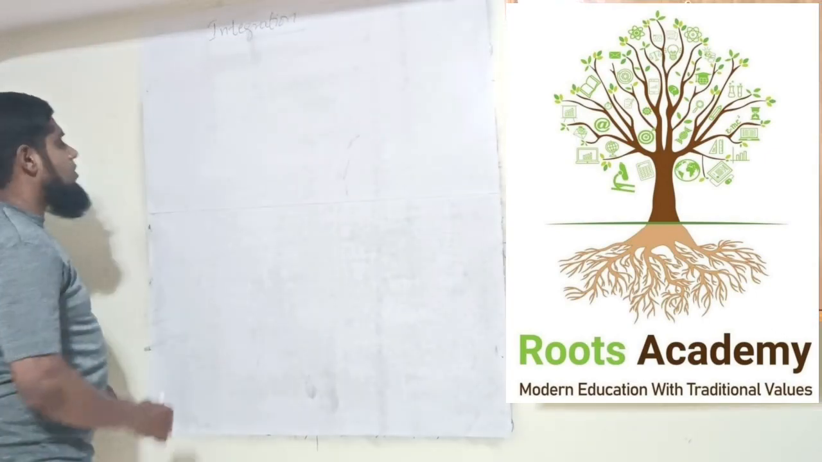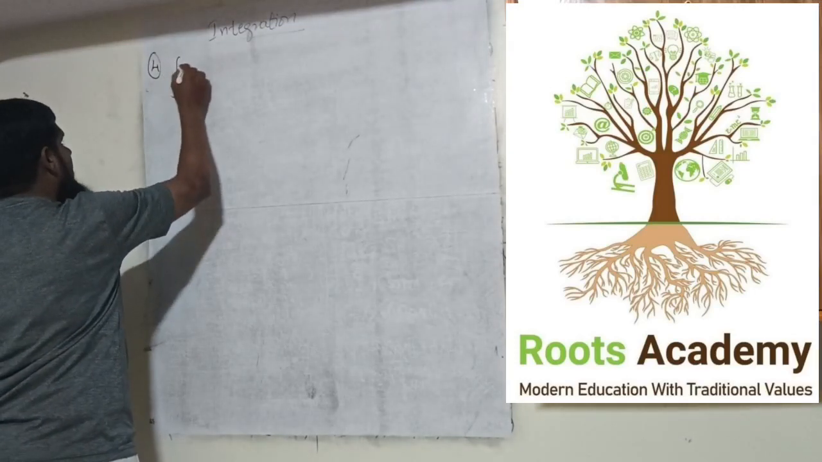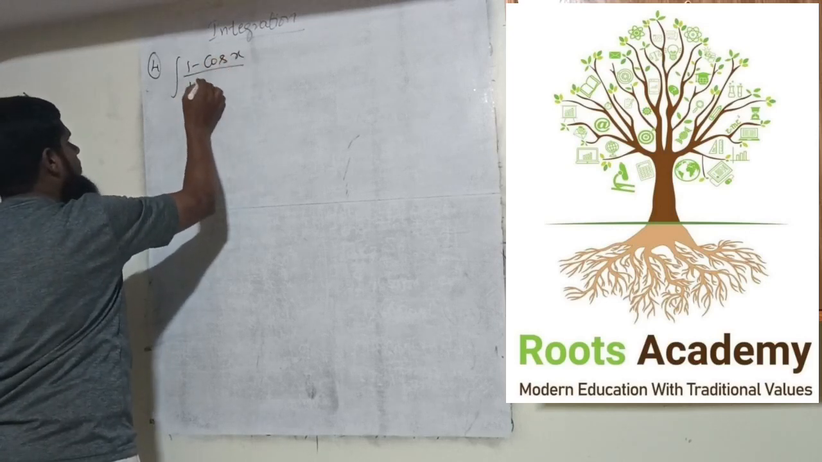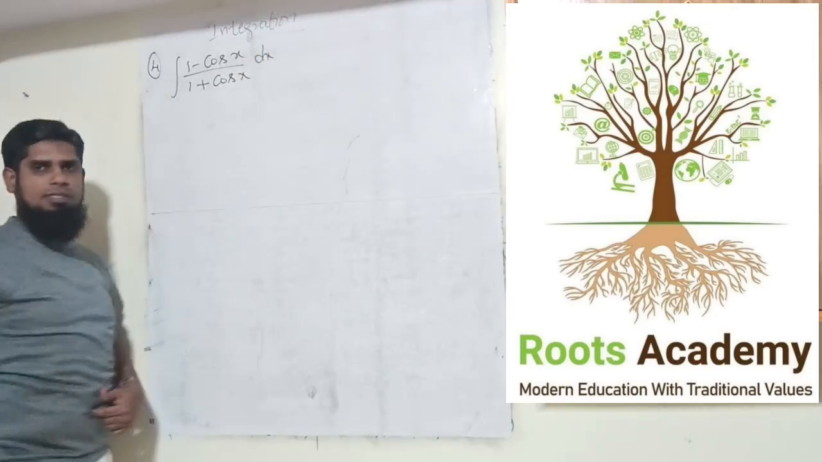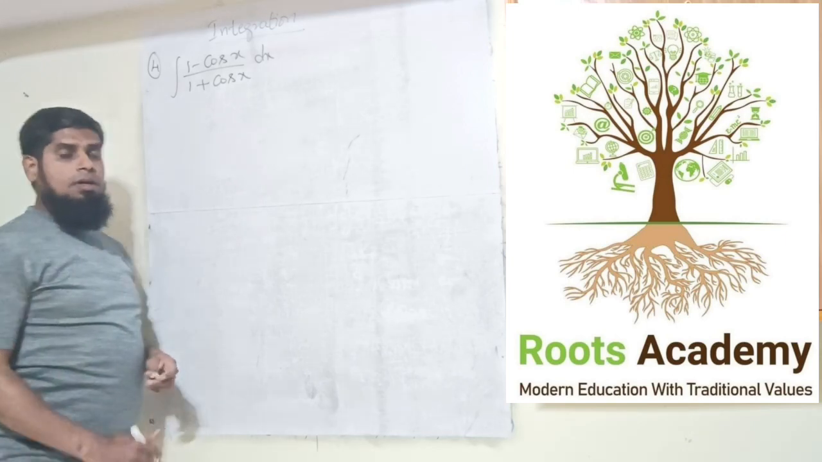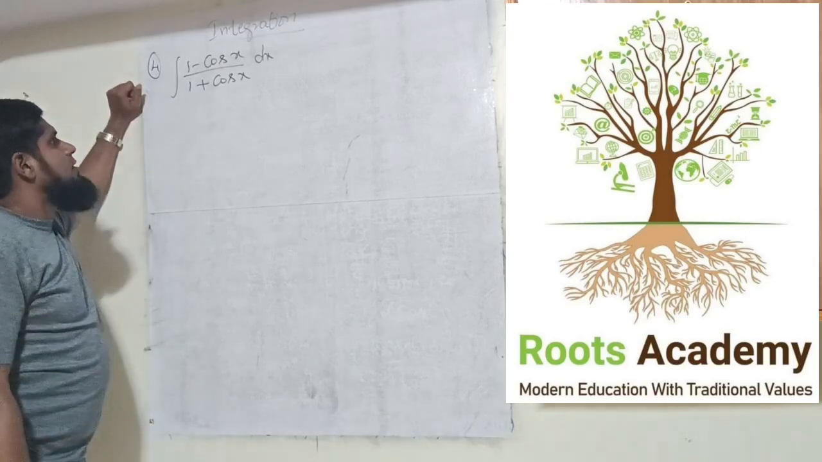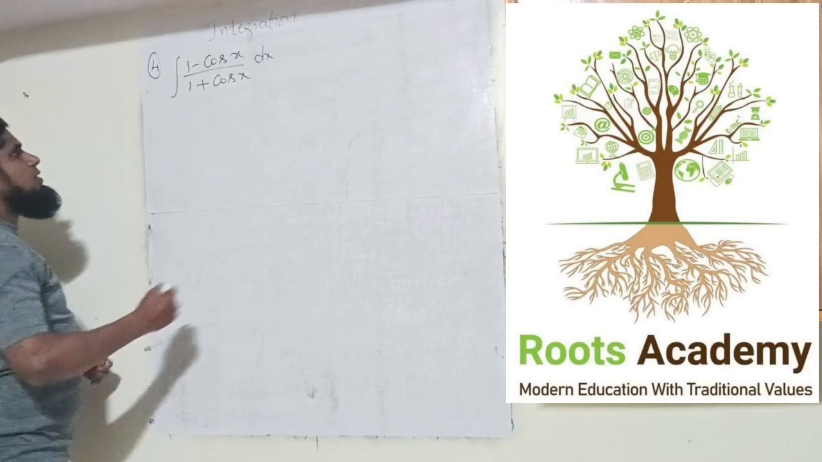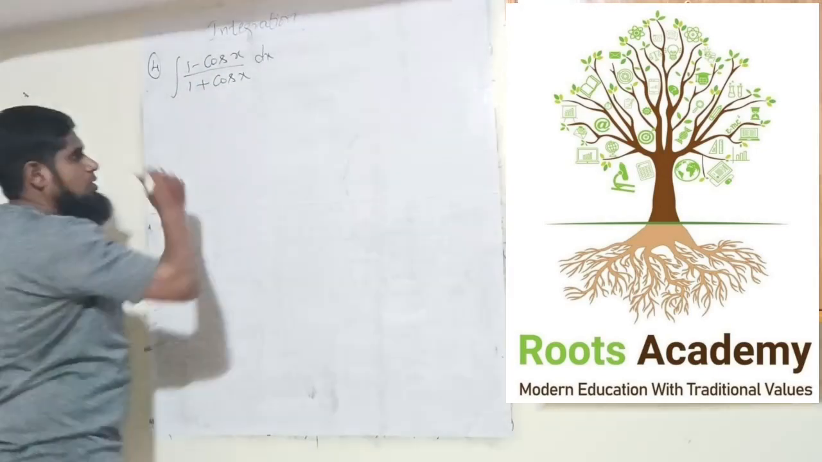Okay students, now let us take the next problem. Find the integral of 1 minus cos x divided by 1 plus cos x dx. So students, very simple problem here. We will directly apply the identities, formulas of cos 2x, and we have seen that 1 minus cos x is,